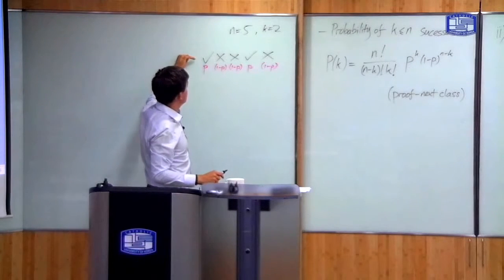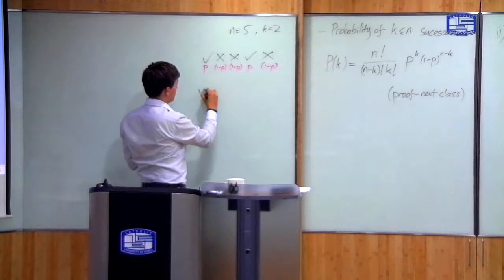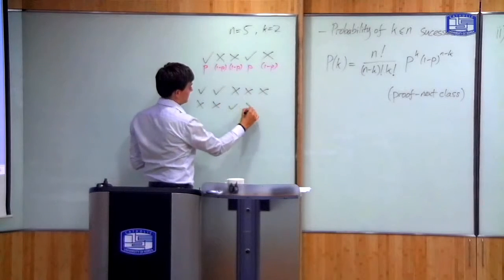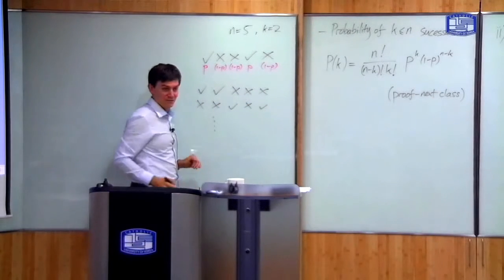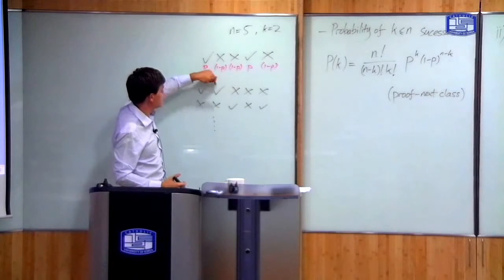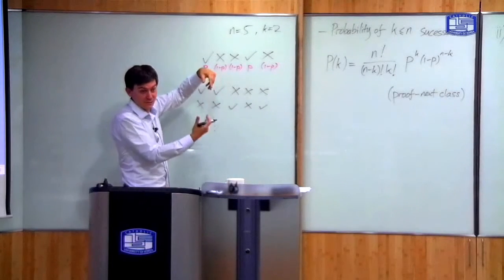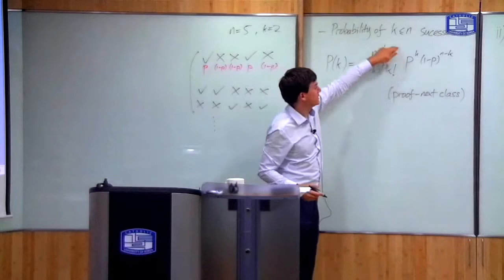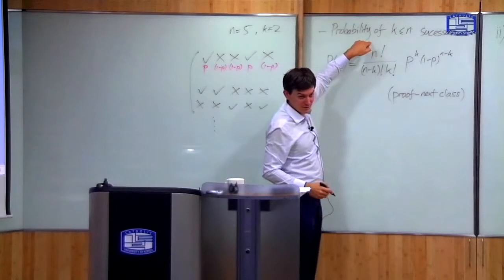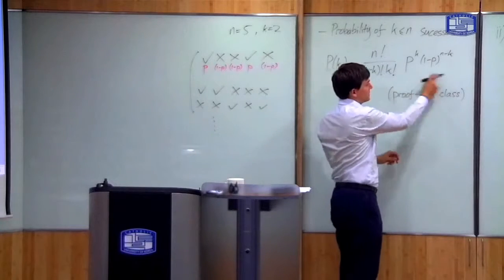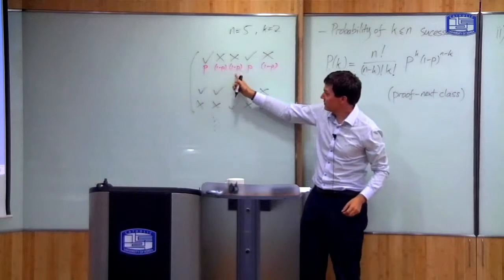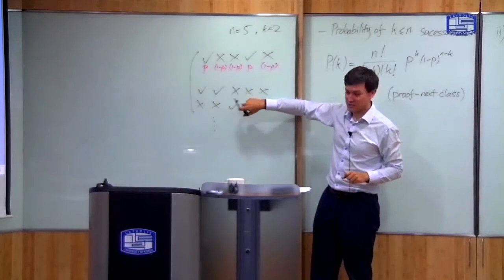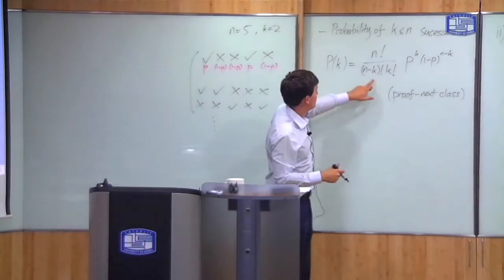That's just multiplying all these probabilities together. But you see that this isn't the only way to have 2 successes. For example, I could succeed and succeed and fail and fail and fail. Or I could fail and fail and succeed and fail and succeed, and so on. There are a number of different ways of getting 2 successes and 3 failures together, and the number of ways of doing this, it turns out, is given by this factor here. So this term is just the probabilities multiplied together for each event, and this factor is the number of different ways of arranging the successes and failures. In the next class, we'll prove why it's equal to this.